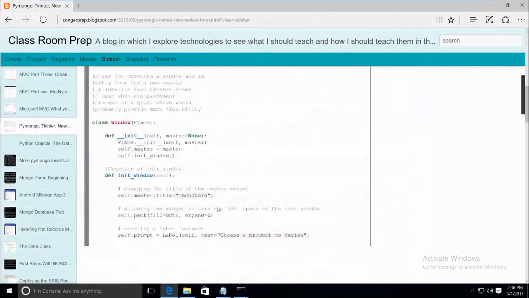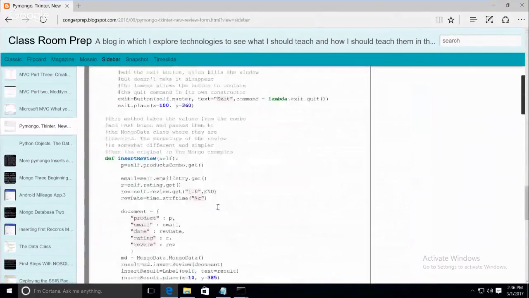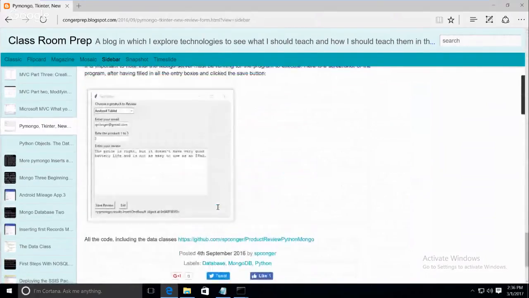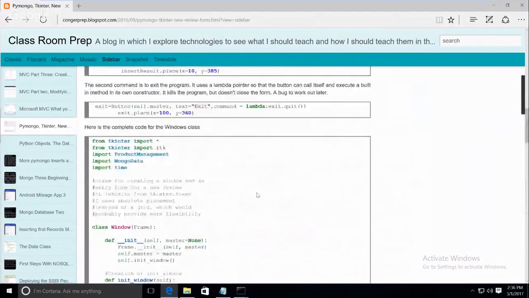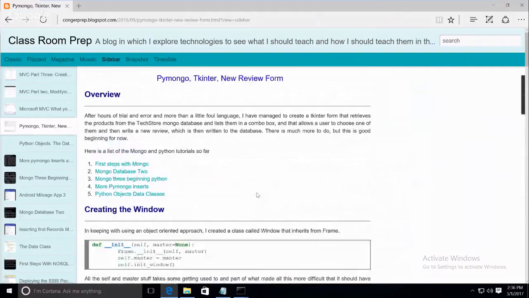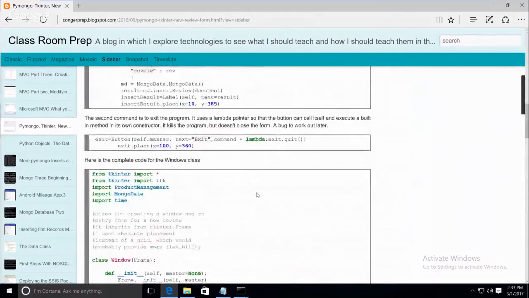I did actually create a little bit of a form. I think I have a picture of it at the end. I created a form where you could enter data, basically just let you enter data with writing it like this rather than writing the JSON. So there's that stuff there if you want to look at it. You don't have to look at all the